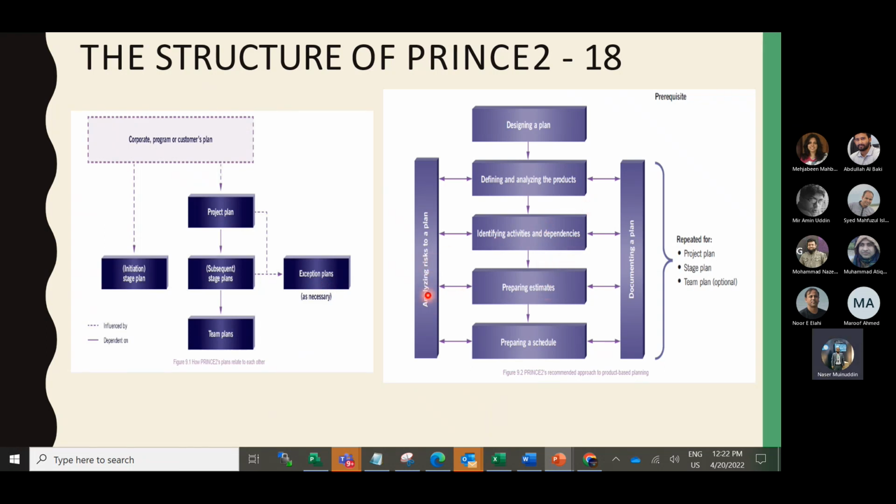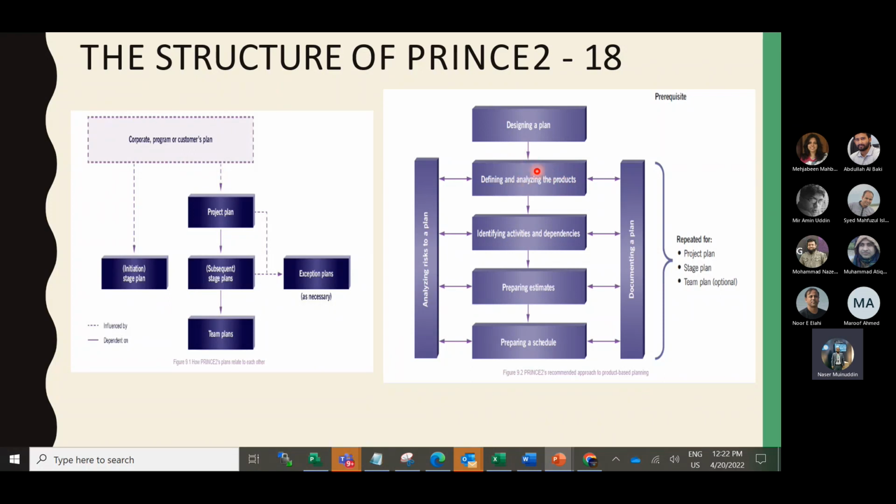When you plan the designing of a plan stage, you need to consider the initial stage, where the customer asks how many stages there will be. It will be like three months, three stages or not. This part is very important. Then when defining and analyzing the products, you need to understand the quality and everything.